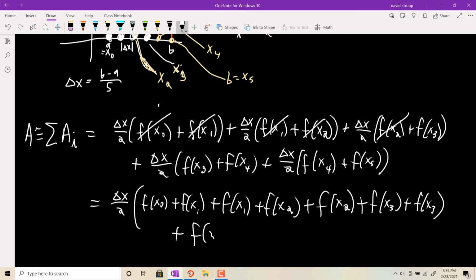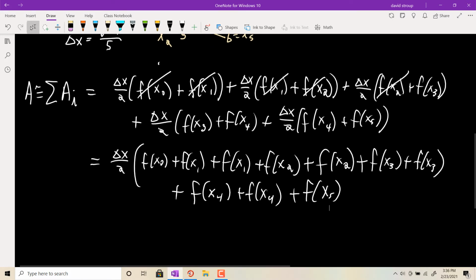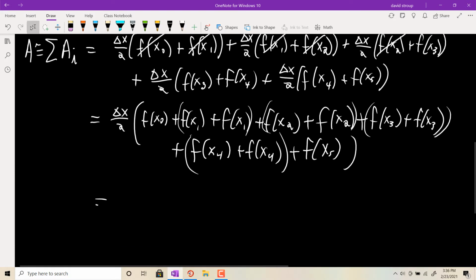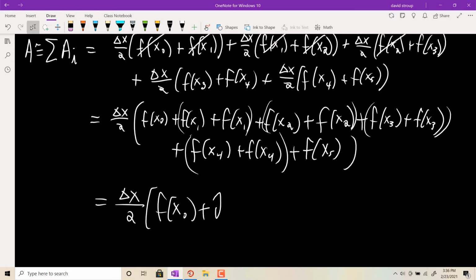plus f of x sub 4 plus another f of x sub 4, and then finally plus f of x sub 5. I should have used like n equals 3 or something, but okay. So what's happening there? Well, there's this bunching, right? There's 2 of these, 2 of these, 2 of these, 2 of these, and then on the ends there's 1 of those, right? So there's this weird bunching phenomena that happens, and kind of our final form seems to be f of x